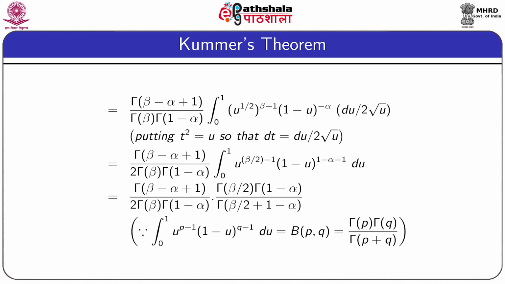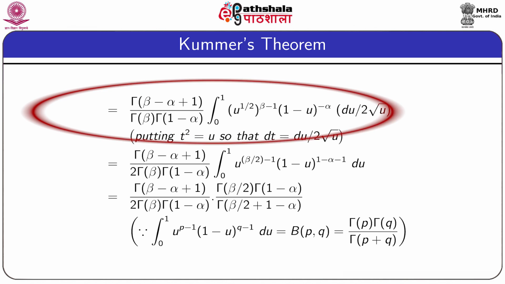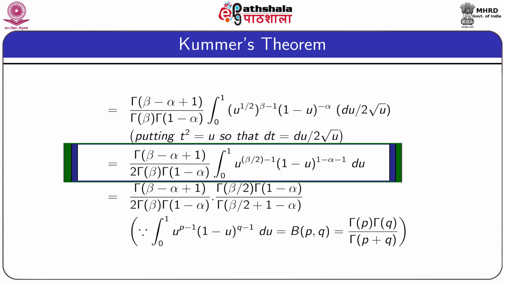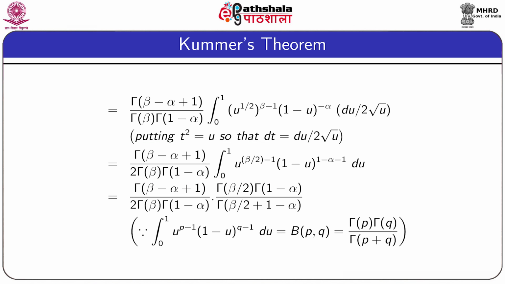We put t square equal to u, so that dt is equal to du by 2 square root of u, and hence we will get the previous expression is equal to gamma function beta minus alpha plus 1 divided by gamma function beta, gamma function 1 minus alpha, integration 0 to 1 u to the power half whole to the power beta minus 1, 1 minus u whole to the power minus alpha du divided by 2 square root of u, which after simplification gives gamma function beta minus alpha plus 1 divided by 2 times gamma function beta, gamma function 1 minus alpha, integration 0 to 1 u to the power beta by 2 minus 1, 1 minus u